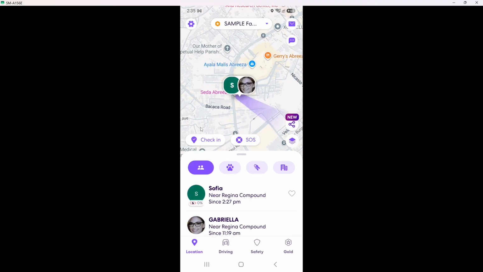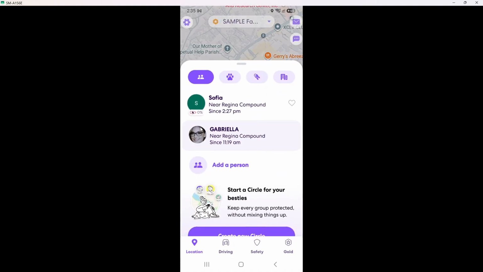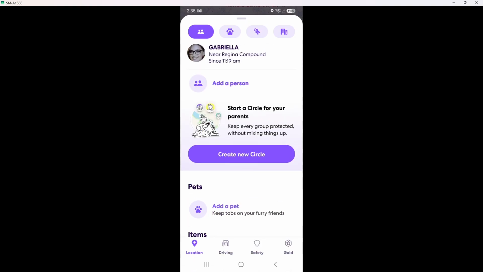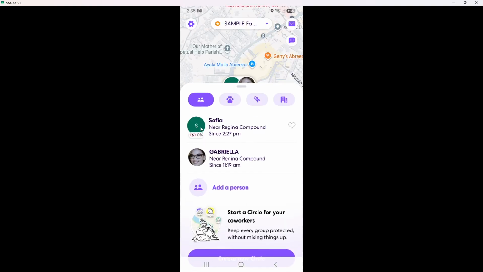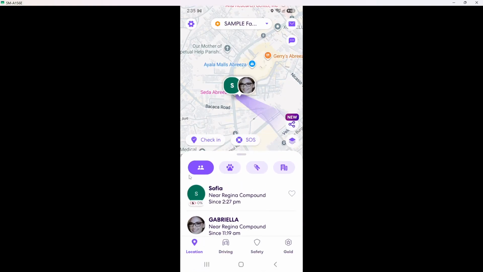This step is crucial because accessing the app is your gateway to viewing important location data. Once you have the app open, you will be ready to proceed to the next step without any confusion. Next, tap on the circle member whose location you wish to view. This action is important because Life 360 allows you to keep track of your family and friends in your circle.